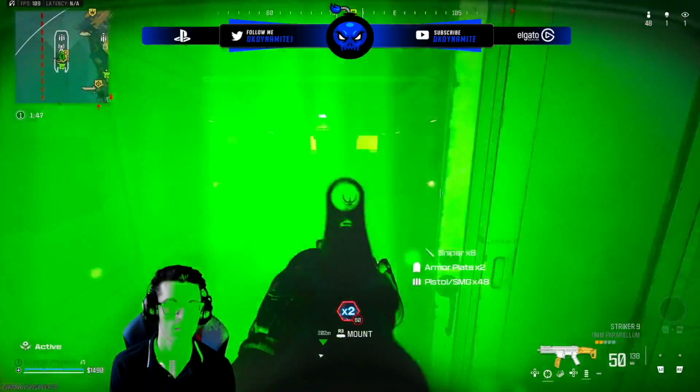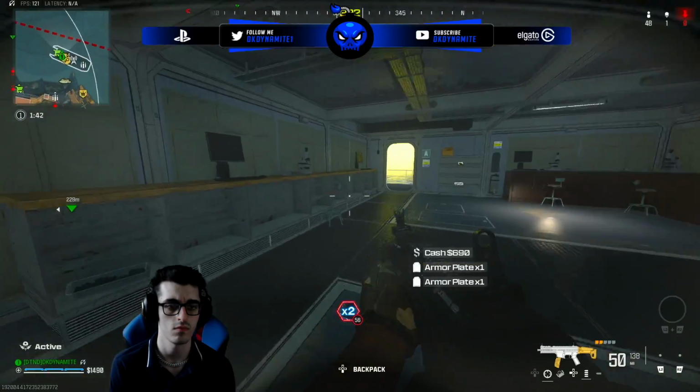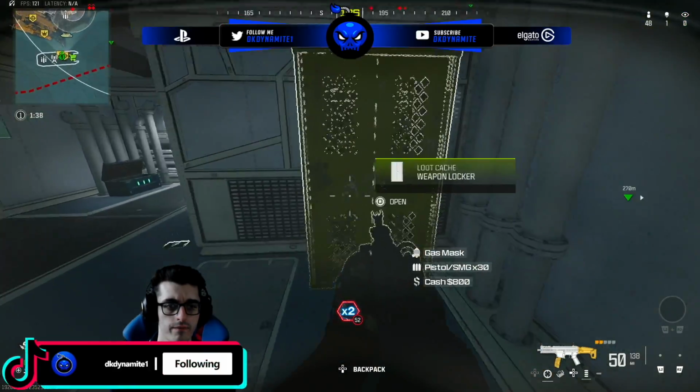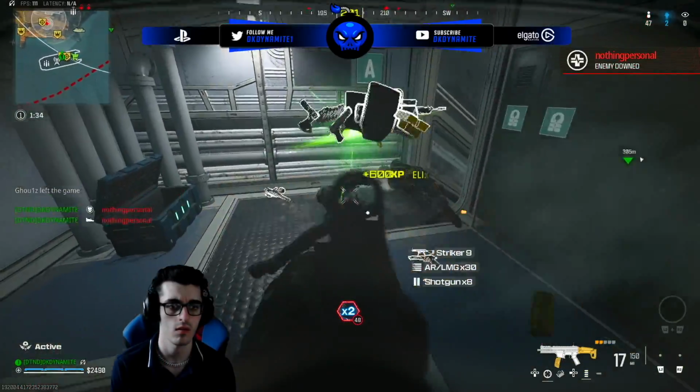So what you want to do is go over to the brand new mobile point of interest known as the Research Vessel. Upon this boat, keep in mind there's plenty of other people dropping there. It's certainly a hot drop, especially since it just got added as of today. So watch your back, get all the kills that you need, and keep in mind there's a special buy station